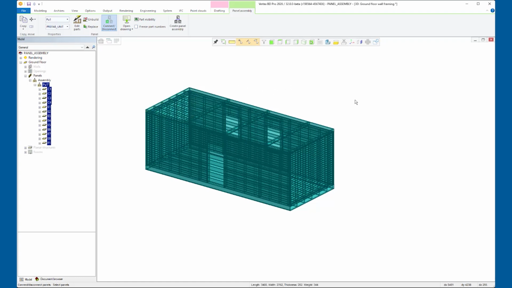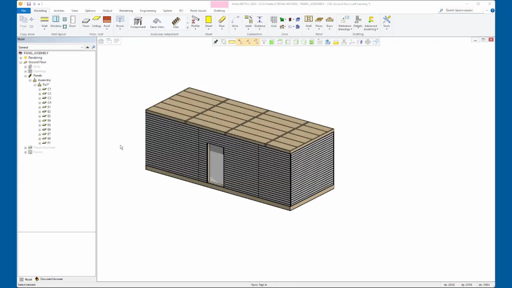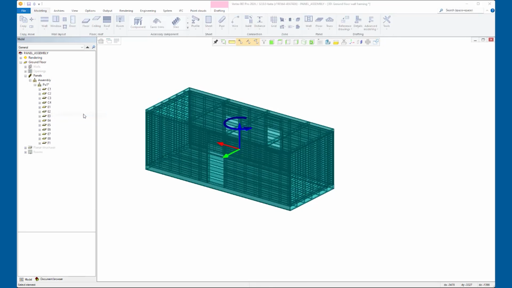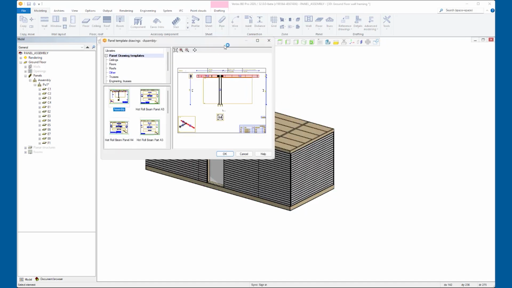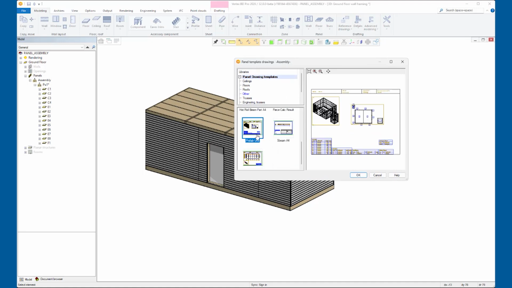After we have completed creating our assembly, we can create our panel drawings for it very easily too. We select our assembly via the model tree, right-click, and then select Create Panel Drawing. We click this, and now within the Panel Drawing Template section window, we have a new template for assemblies. We click that too,